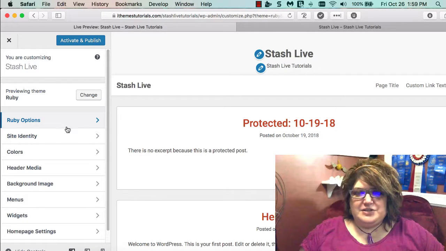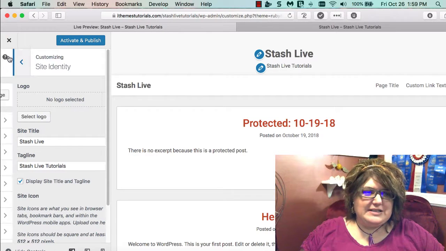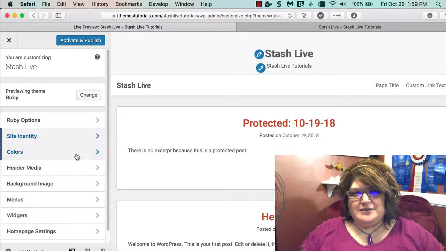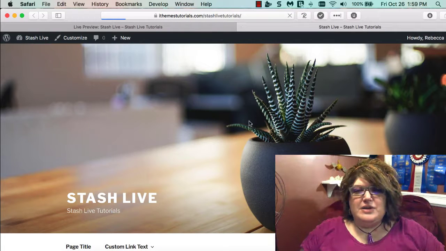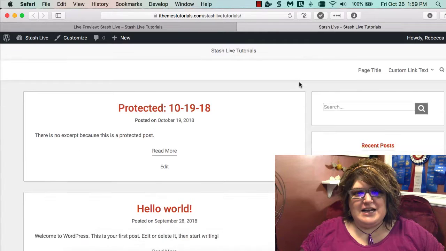Many of the themes that you install will give you options in the theme customizer, so you can set site identity, change your colors, your background image, get everything up and running just how you like it before you click Activate and Publish. Once you've published those changes, just refresh the front of your site and you'll see the new